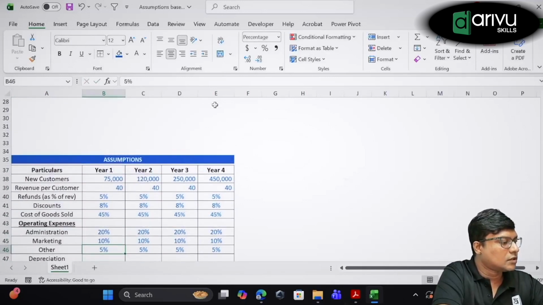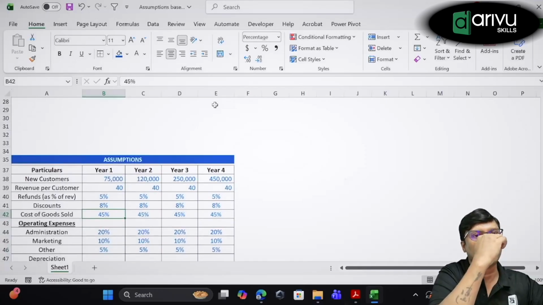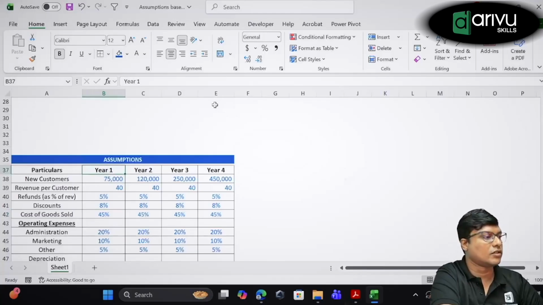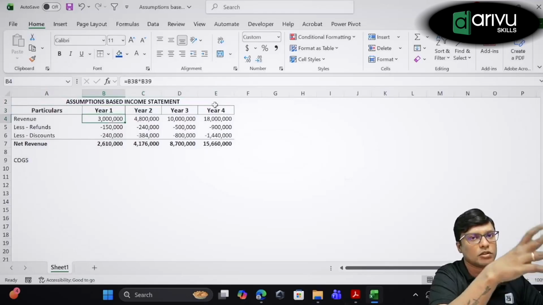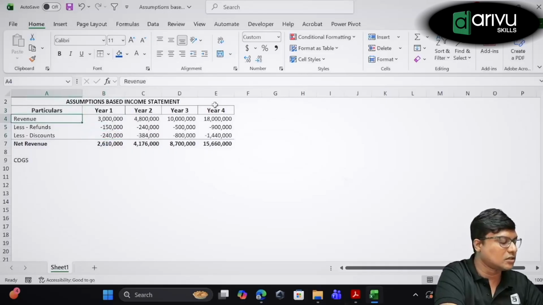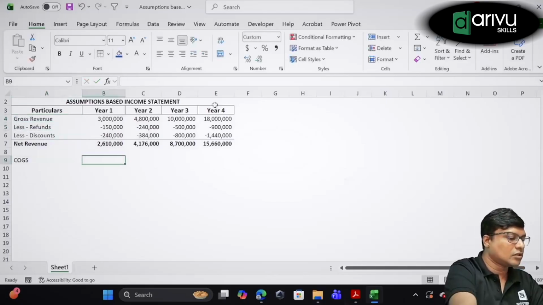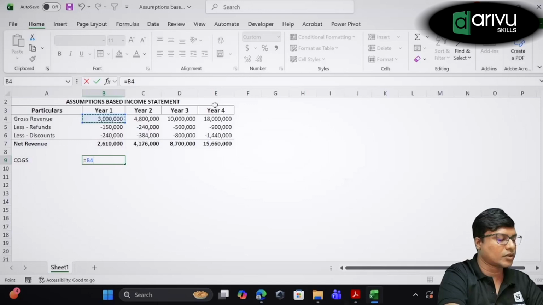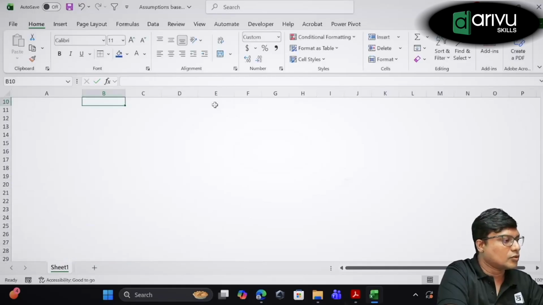What they are saying is it shall be 45%, which means 45% of the revenue generated. That is the gross revenue and not the net revenue. The gross revenue that we have derived based on the units sold and price per unit, 30 lakhs. That shall be the gross revenue. So you change this to gross revenue. So calculate the cost of goods sold, gross revenue into, use the minus sign, select the cost of goods sold percentage,